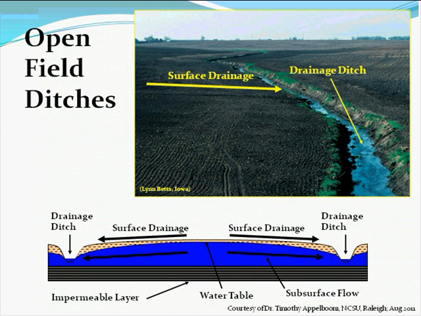It's basically directing the water to a drainage ditch. Now, the drainage ditch in this case has two functions. One, to collect the surface water, and the other is to also lower the water table. And he has a very nice drawing on the bottom. You can see again the emphasis here is that whether it's a deep ditch or whether it's a subsurface